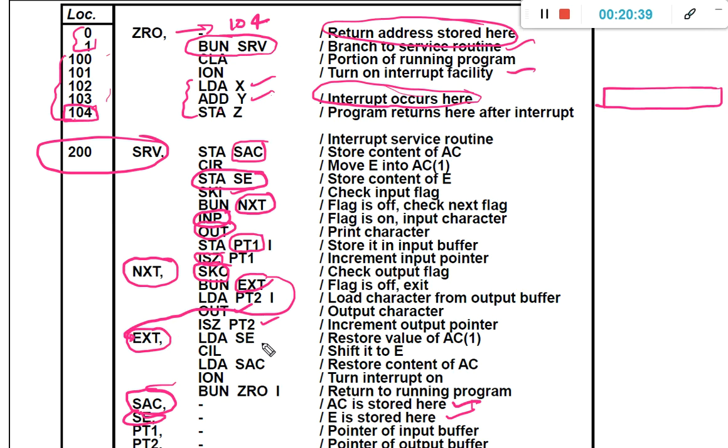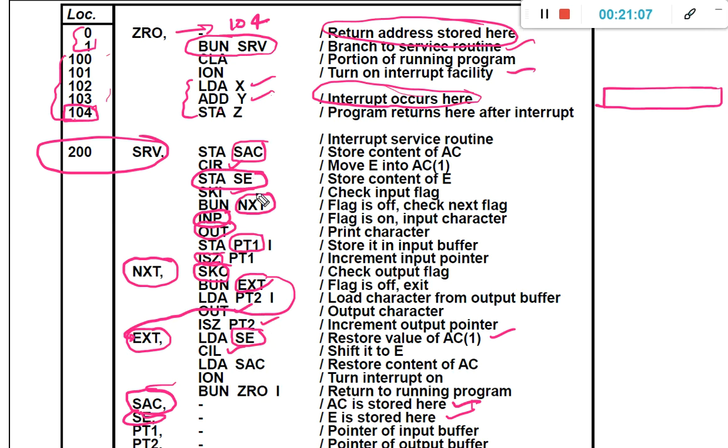In exit, whatever content we stored in the accumulator register temporarily, we need to restore. For that purpose, load the content in SE to the accumulator register, restoring the value. That is the E bit, and then perform the CIL operation.